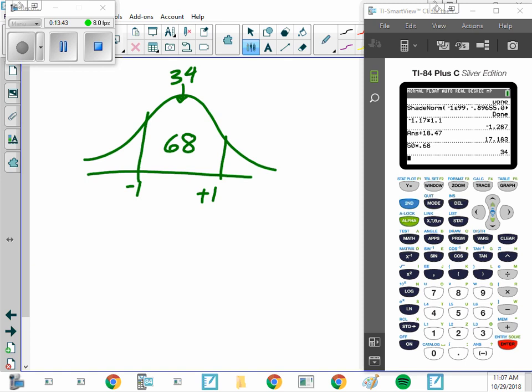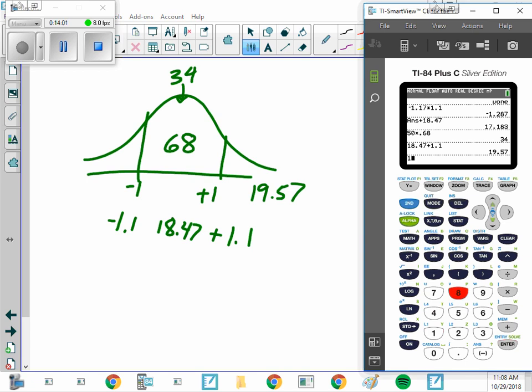Well, what is the window? The window is 18.47 plus 1.1 and minus 1.1. So 18.47 plus 1.1 gives me an upper bound of 19.57, and 18.47 minus 1.1 gives me a lower bound